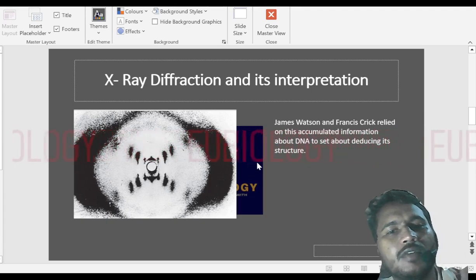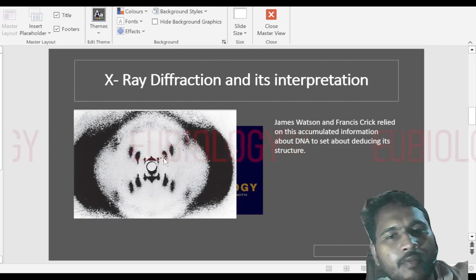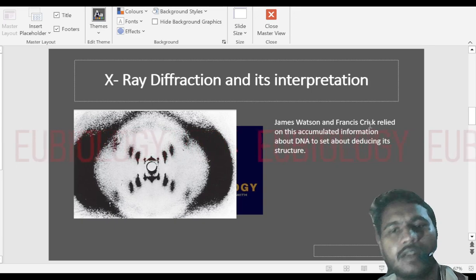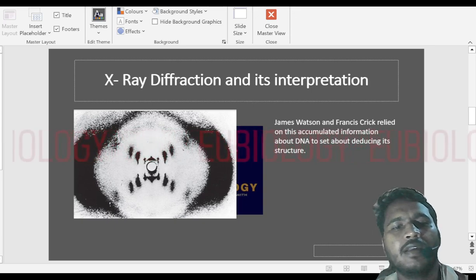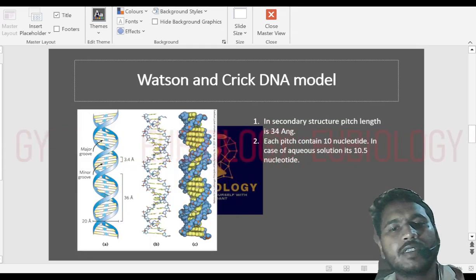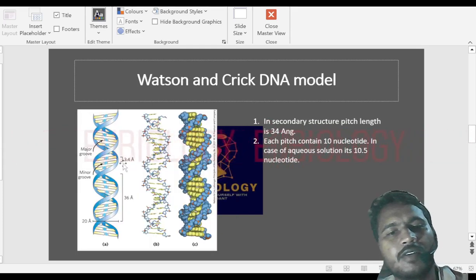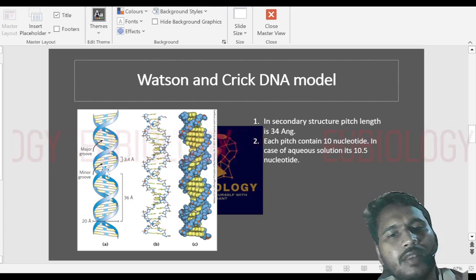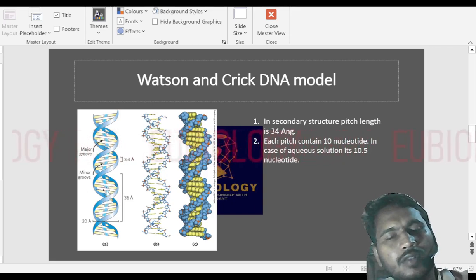From the results of Rosalind Franklin, Maurice Wilkins, and Chargaff, Watson and Crick finally discovered the model of the DNA. They found the DNA is a double helix structure with anti-parallel strands. The main backbone is made up of ribose and phosphate, and the hydrogen bonds are between the